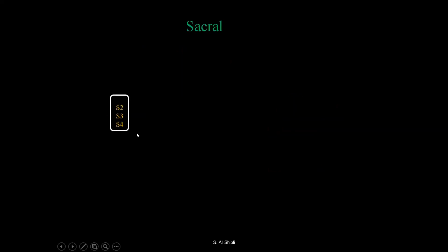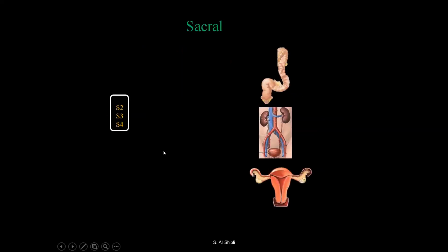The sacral comes from S2, S3, S4, through the pelvic splanchnic, and it will go to the hindgut. So the sympathetic, I will repeat, comes from T1 to L2, while the parasympathetic is coming from two components, cranial